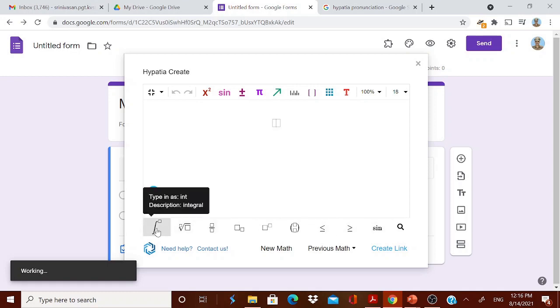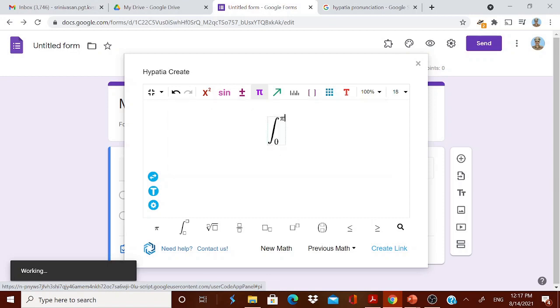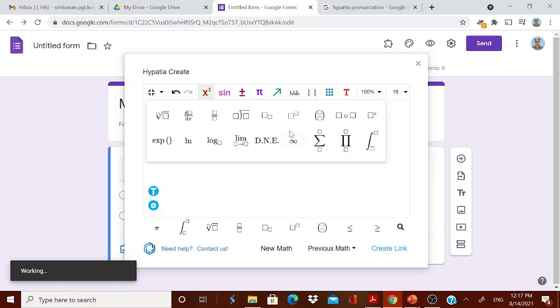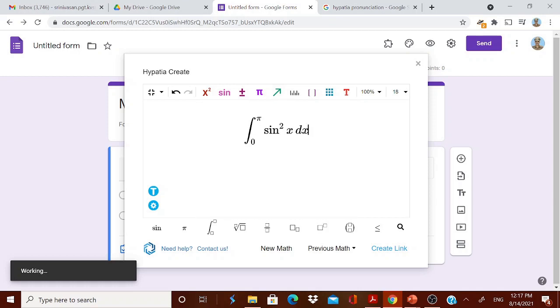Okay, let me go for this integral immediately. Then let me go for 0, and then here I will type pi, and pi means all will be there. Then all alpha, beta, gamma, everything will be there. Then I will go for sine square x. For sine, then go to this x square, then it will be square now. And all of you know that it has LaTeX also, the same idea. Then x into dx. Okay, after this you cannot copy it, it will get copied automatically.